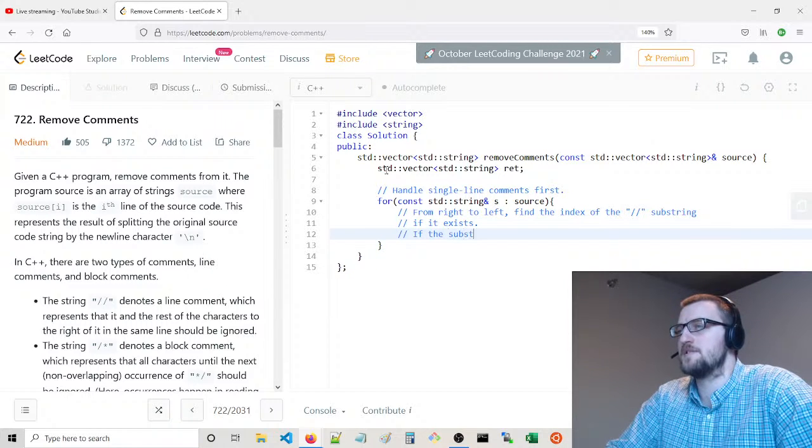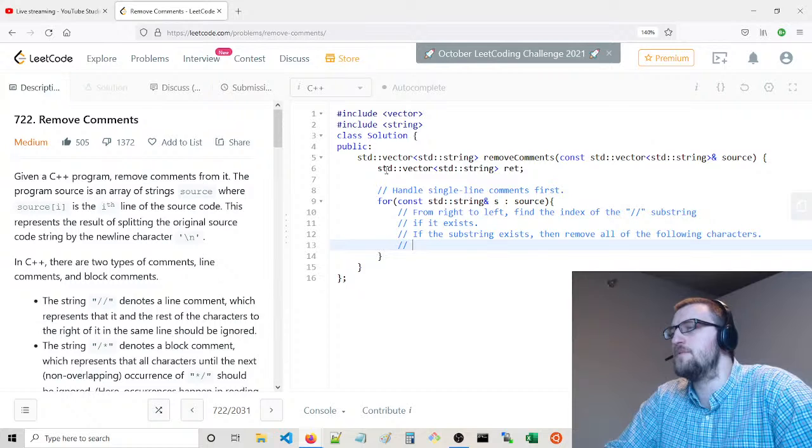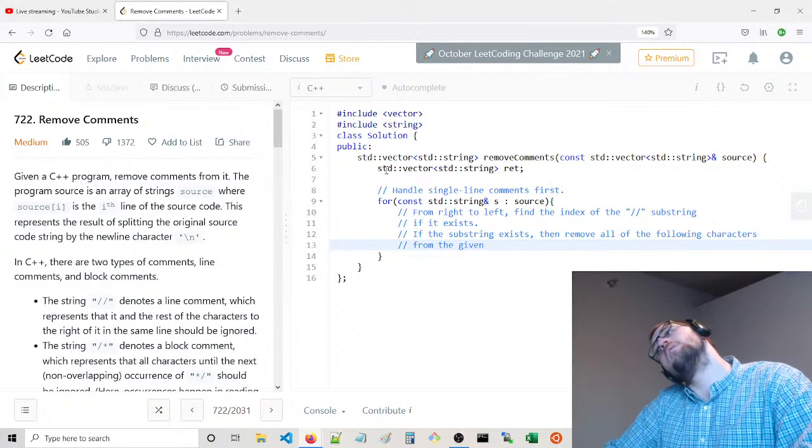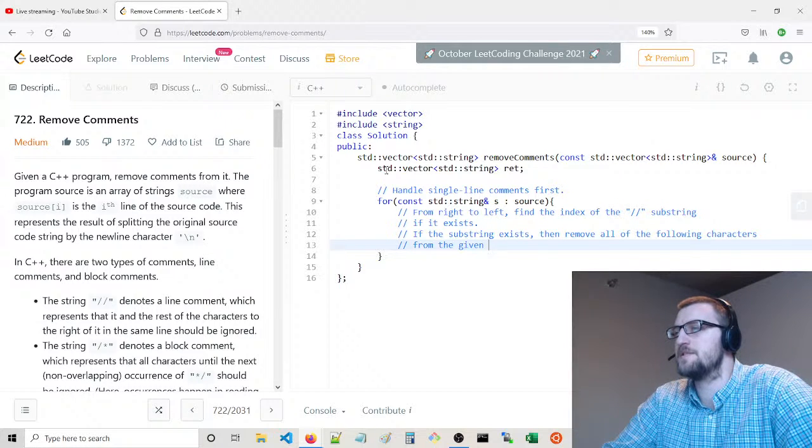If the substring exists, then remove all of the following characters from the given line of source code.